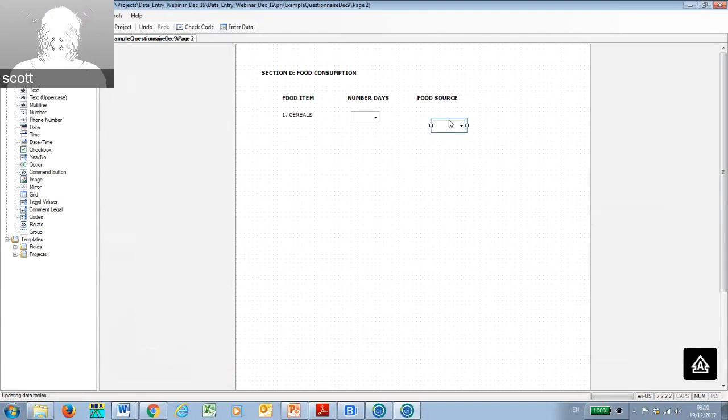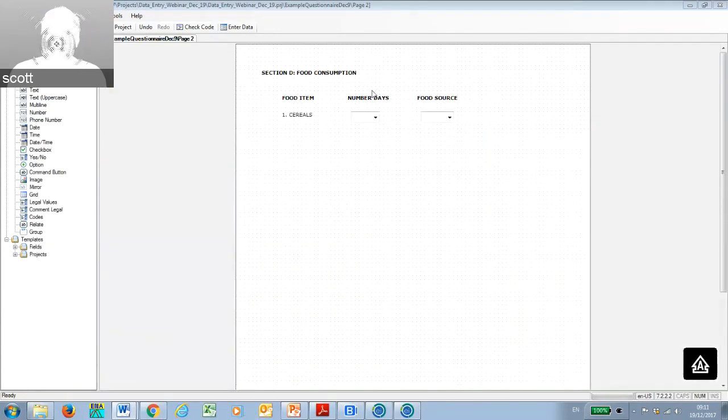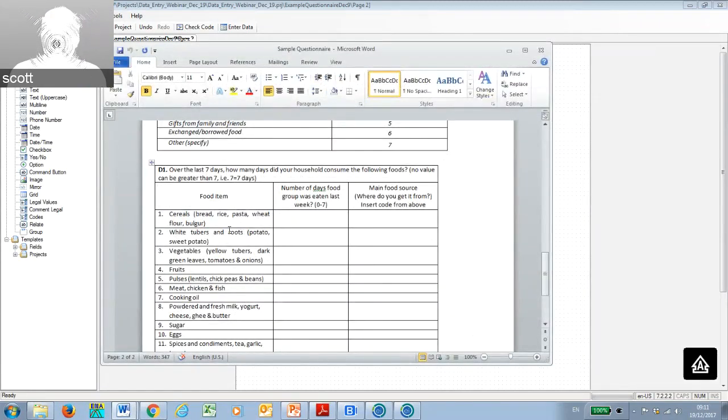This is one way to do this. But now I'll show a second way. So the reason why I did this separate, I created this as a label as opposed to doing a legal value right away, is because if I did that for each of these food items, it would appear like it would say number of days, and then underneath it would say cereal drop down, and then it would say cereal again drop down. So it's not wrong, but just visually the way that I just did it, it looks more similar to the